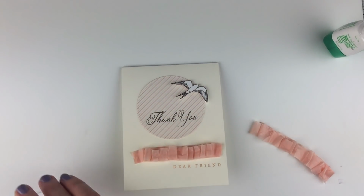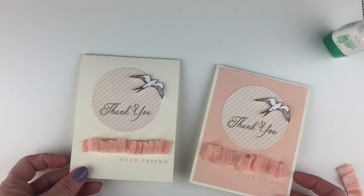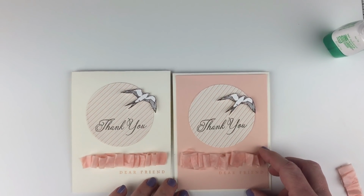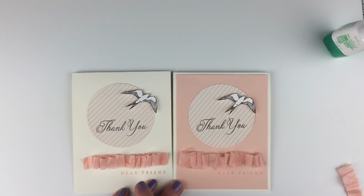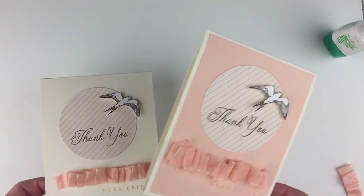I'll show you a card that is similar that I made using the same technique. This one, the only difference here is that I put a background panel of Petal Pink, but I ran out, so I just made this one without. Okay, so for card number 2,